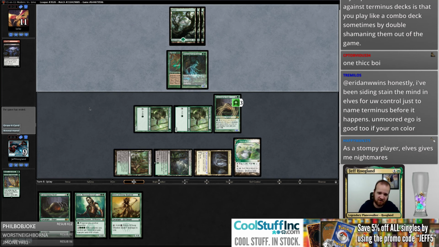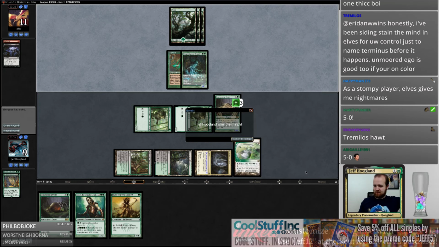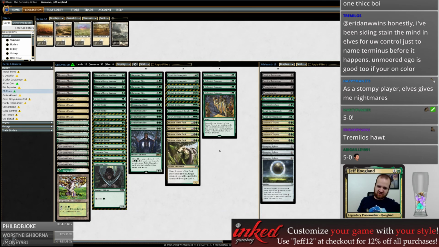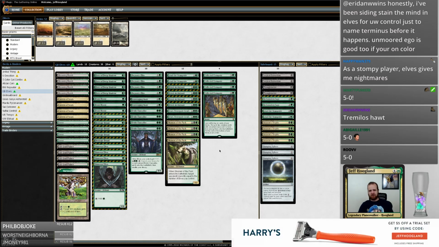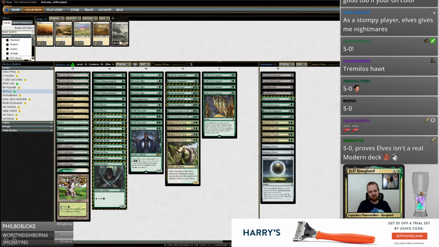That's really interesting, just like boarding Stain the Mind. Maybe that's worth testing, because you really don't lose to blue-white control if they don't Terminus you. Look at that! Now when people ask when was the last time you 5-0'd, I can say when we were playing Elves, duh. Deck's great. I actually really like that idea, Stain the Mind in the sideboard. Maybe...